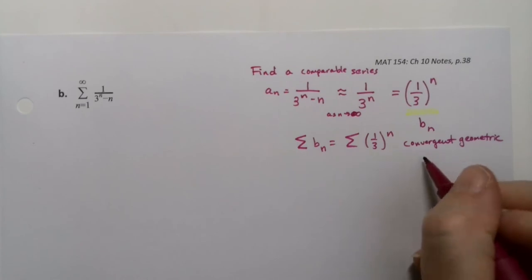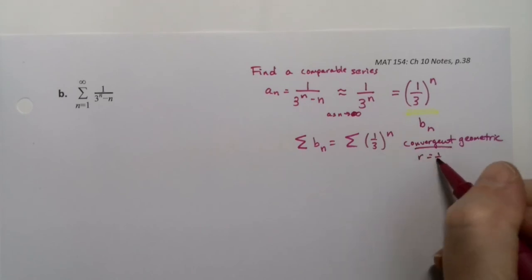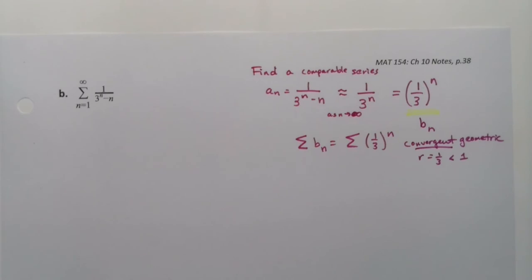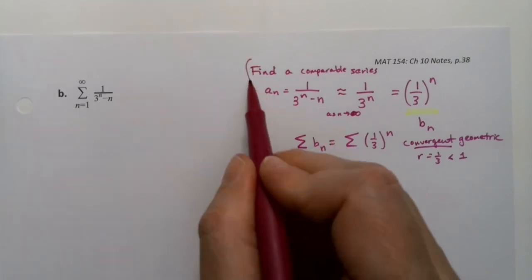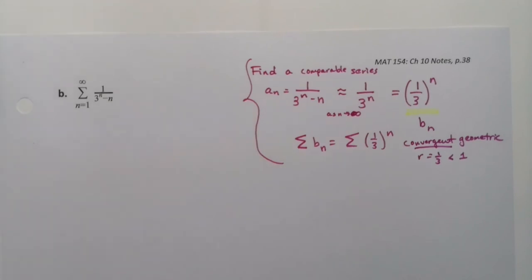Right? And the reason it's geometric, well, it's geometric because it fits in the style a times r to the n, but it's convergent because r is 1/3, which is less than 1. Okay, so now I can use all of this to do my comparison. So I want to take the limit,